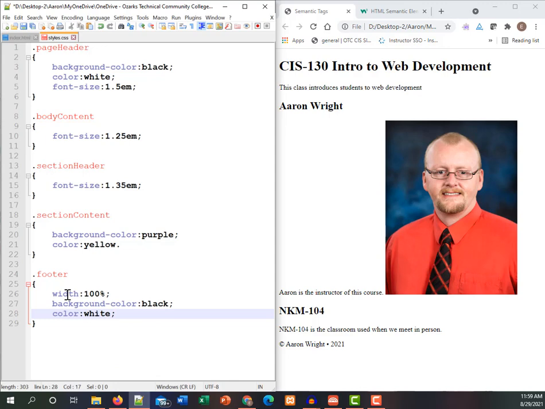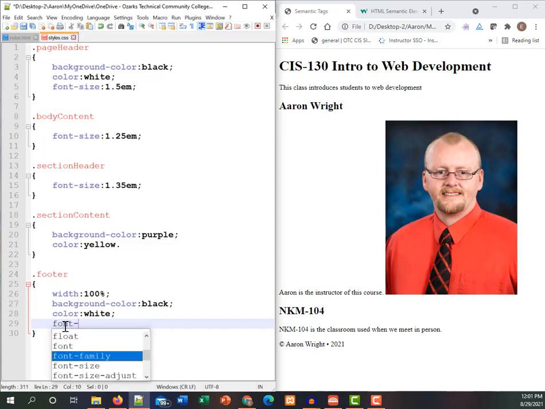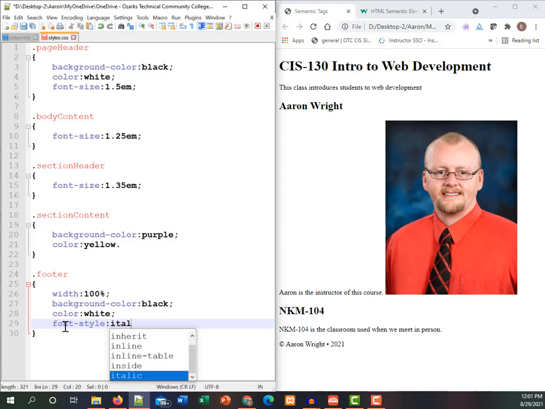And maybe I want to make sure that that has an italic look to it. So then I'm going to use the font style property. Font style italic, so that everything in that footer